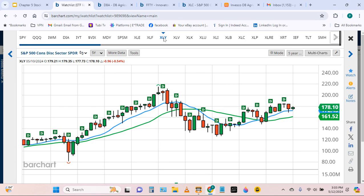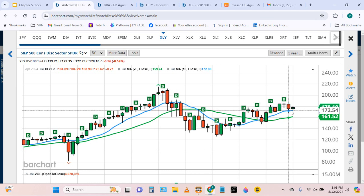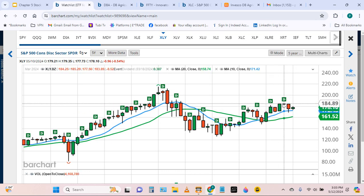Consumer discretionary, and a very slight uptrend here on the monthly chart. It's trading around this moving average area. Looked weaker to me over the last 2 months than the others, whereas the others had a nice large